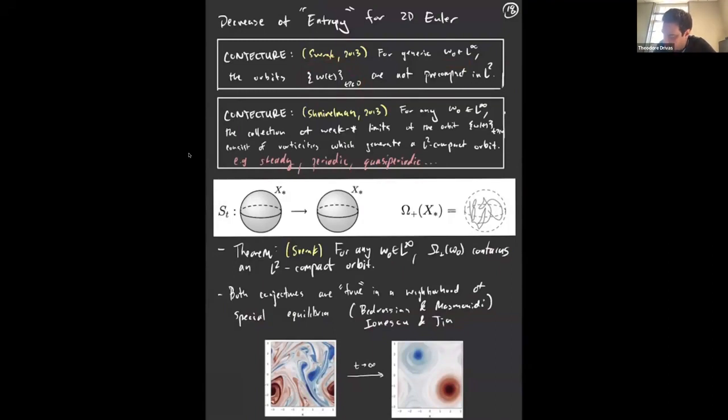And then there's this conjecture by Schnirelmann, which says that for any initial data in L infinity, if you look at the collection of all its weak limits as time goes to infinity, that should correspond to vorticities which generate L2 compact orbits for Euler. So in particular, they could be steady, periodic, quasi-periodic, but he's characterizing them as the statement that if you start with that vorticity that you get in the limit, then if you reran Euler, you would not see any mixing at infinity. And so if you pair these two together, one saying that the thing you go to is something which is highly non-generic,